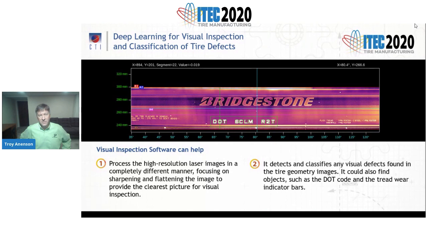It could also find objects such as the DOT code or the tread wear indicator bars, deep in the tread grooves. Such software could provide higher quality assistance to a human inspector, sometimes called the tire classifier, or even replace the most mundane aspects of their work, freeing them up to process many more tires. You can see an example of a flattened and sharpened image by visual inspection software in this slide, and you can see how readable the DOT code is. And on the next slide,